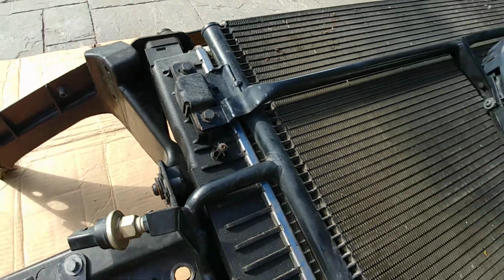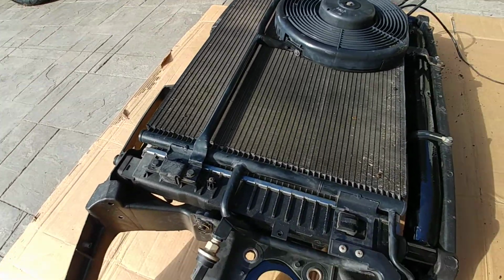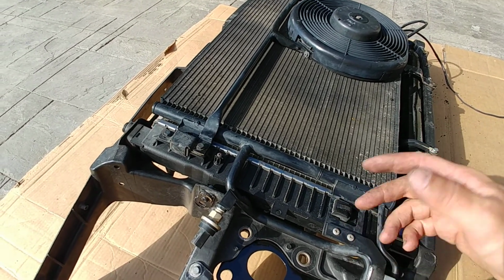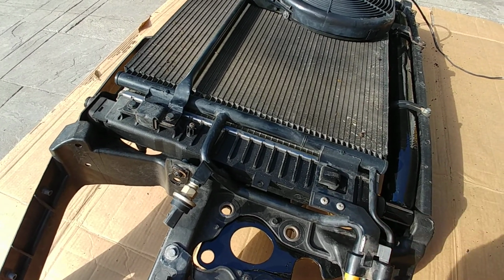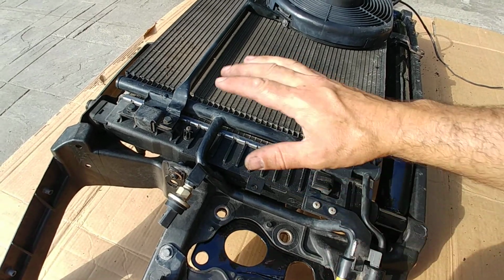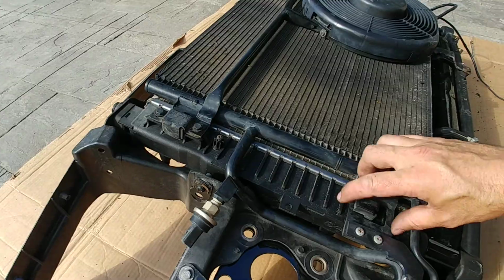But everything's moved up. The AC condenser you see on here is the factory all-road AC condenser. So it fits the same way on the Passat rad and on the TDI rad as it did on the gasoline engine. I just came to find out a few minutes ago that it does sit a bit higher overall. The placement of these brackets is about a half inch higher than it was on the gasoline engine's